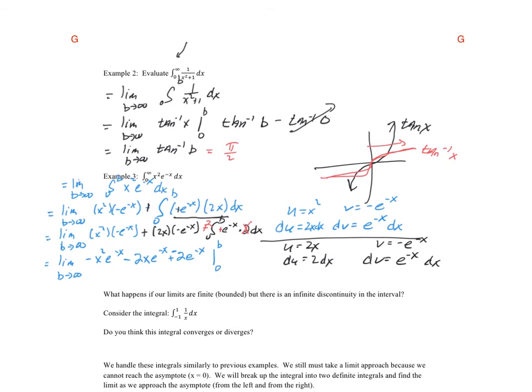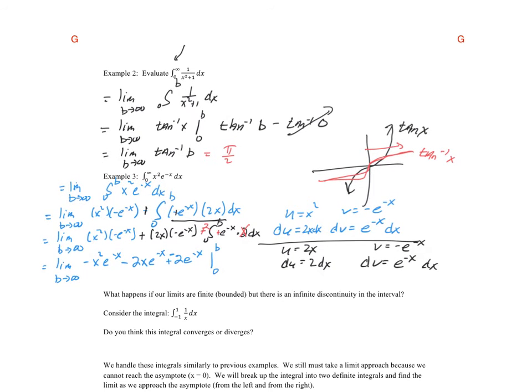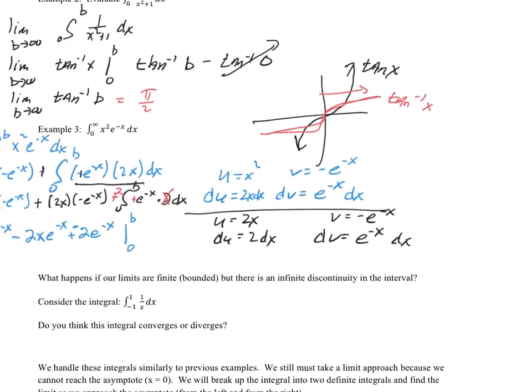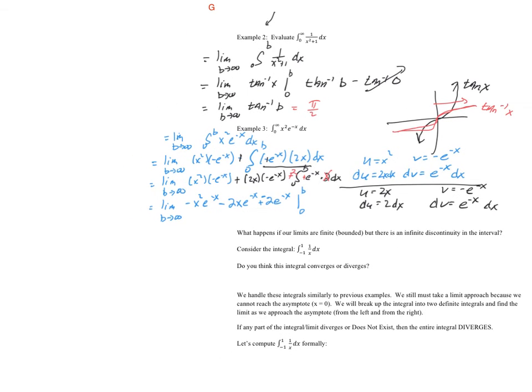I don't think I want to move that. Let's leave that there. Let's see if I can slide it over to the side. There we go. All right, so I'm still going to have my limit notation in front as b approaches infinity. So as I evaluate here,